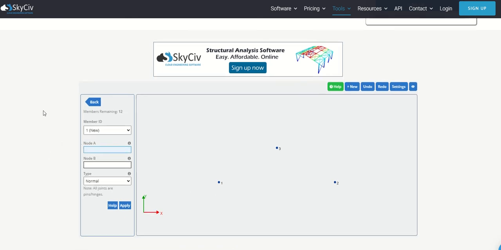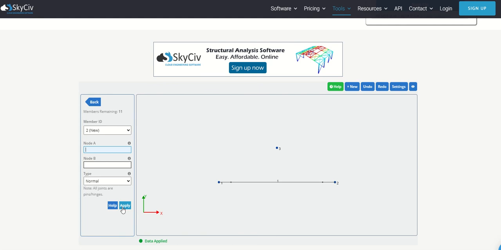So I'm identifying node 1 as A, and node 2 will be B. Then I click type, this is the type of member. I'm just going to click normal and apply.